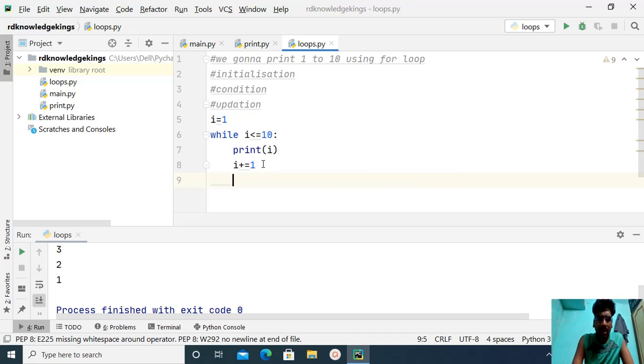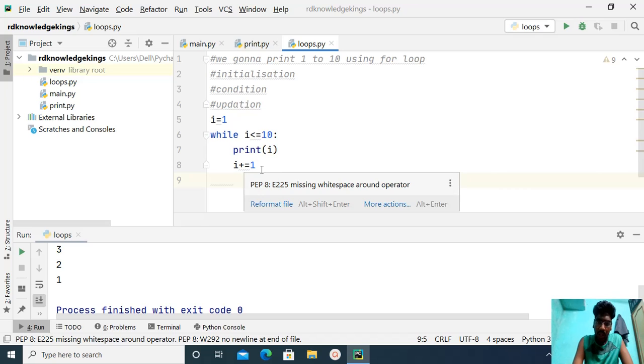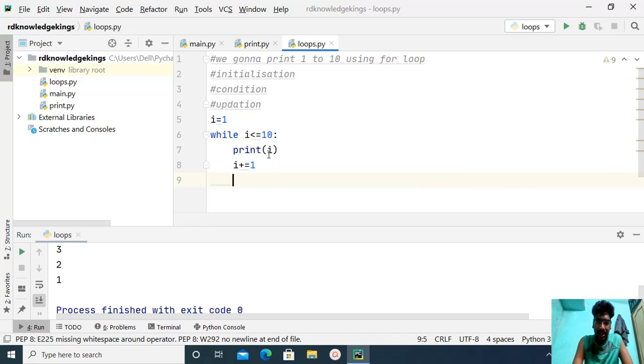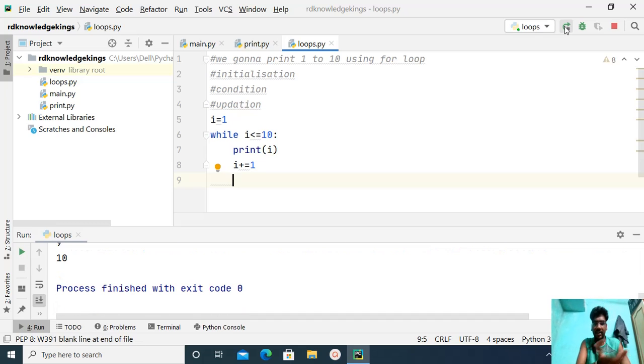Okay, so let me run this code, and once again I'm explaining this. One value gets into this I, and 1 is less than or equal to 10. Fine. So that value will be printed, and I am incrementing it. So the I value becomes 2, and it checks the condition and prints it, and the I value gets incremented to 3, and the condition is checked again, and it goes on, and the last is 10. When the I value becomes 11, it checks here, this condition goes wrong, so it gets terminated. So I'll be getting only values from 1 to 10.